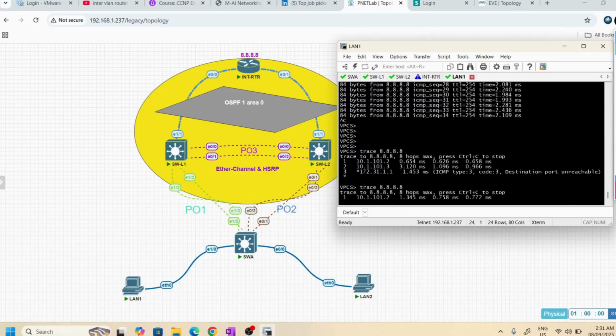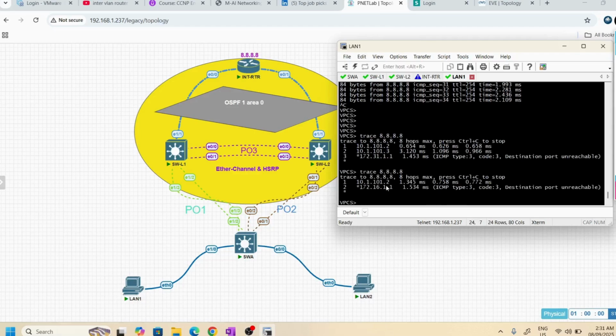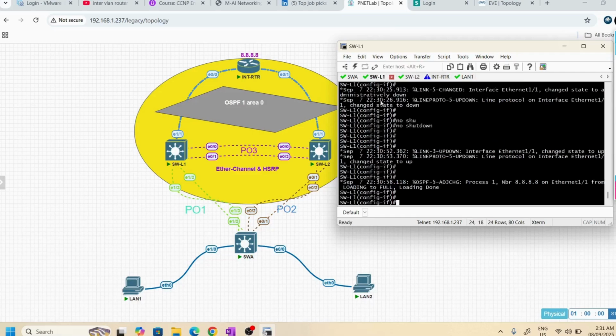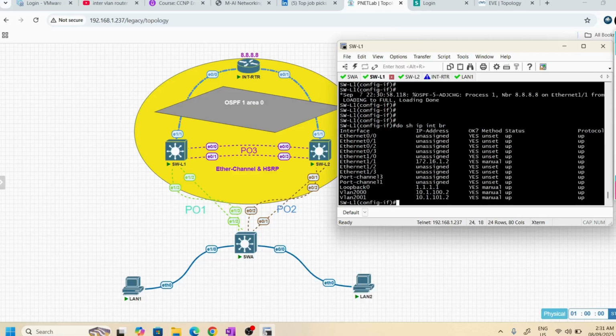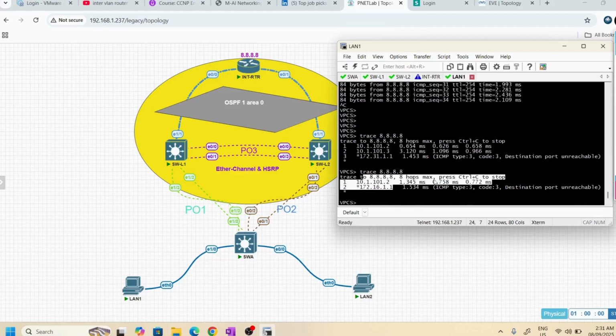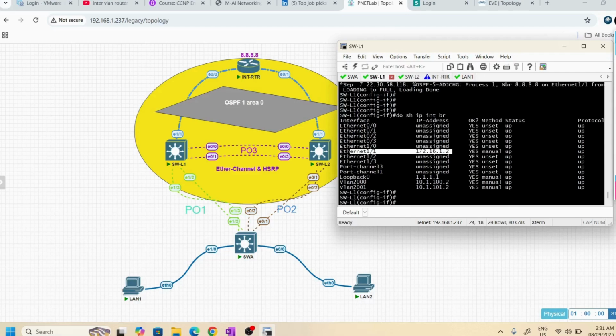Let's test again. See, it's going via 172.16.1, which is here in switch 1. So IP interface brief, this segment, right? See, this segment.